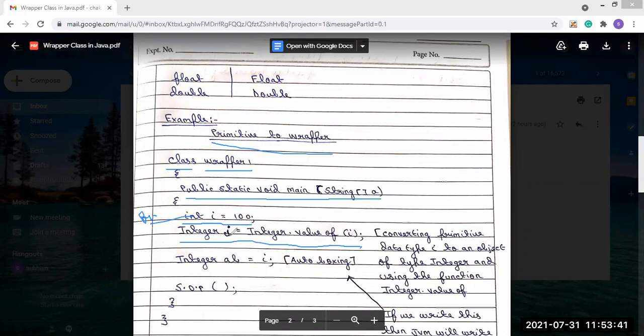This i as a parameter we are sending. It is the explicit conversion.